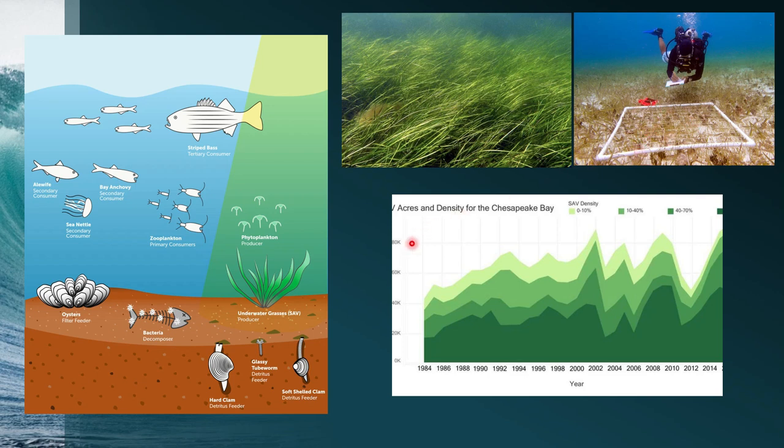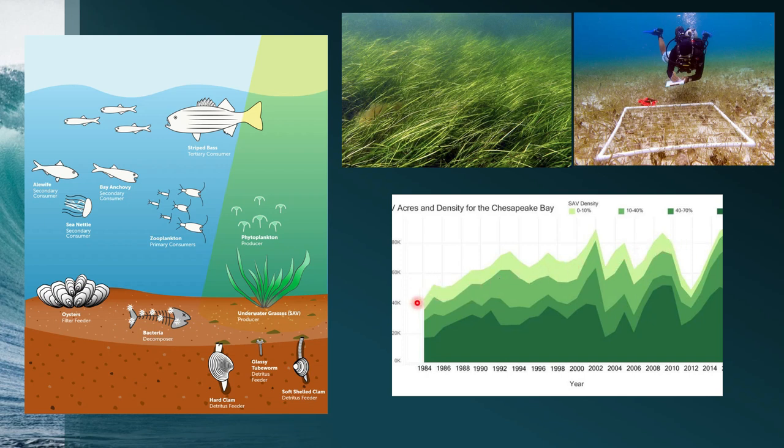We can ask how much of the bottom is covered with, this is called SAV, okay? And it's submerged aquatic vegetation. So if we look at the number of acres, this is thousands of acres. Right now we have around 90,000 acres of SAV, of submerged aquatic vegetation. We can see that has fluctuated quite a bit, and we actually can see a sort of an upward trend,